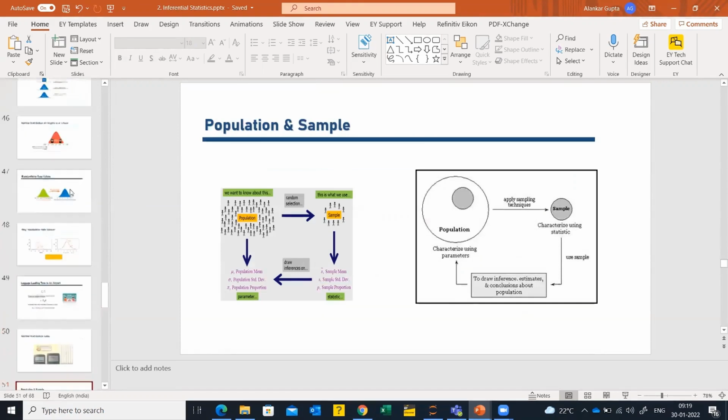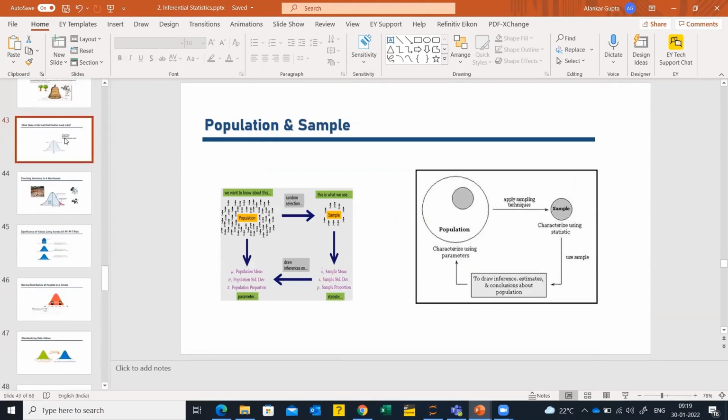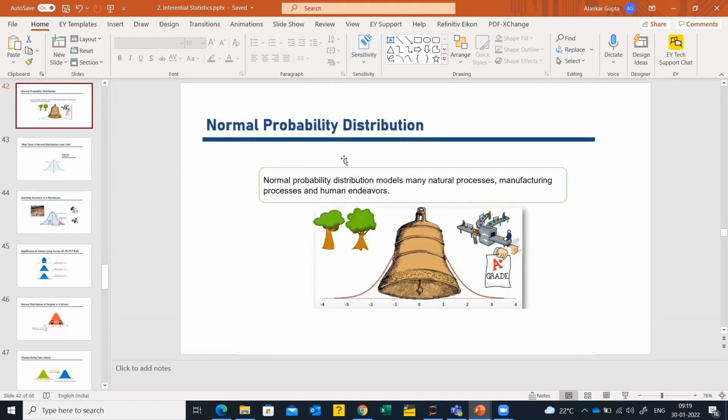Okay. So before I start with population and sample, I want to make sure that we all know what a normal distribution looks like. A normal distribution model is actually a bell curve, right? We don't have to go into the technical details now. You just need to understand it's a bell curve, where much of the data is concentrated in the middle part or near the mean. It's a normal probability distribution, which we call the normal distribution. So mean is here 0, you can see.